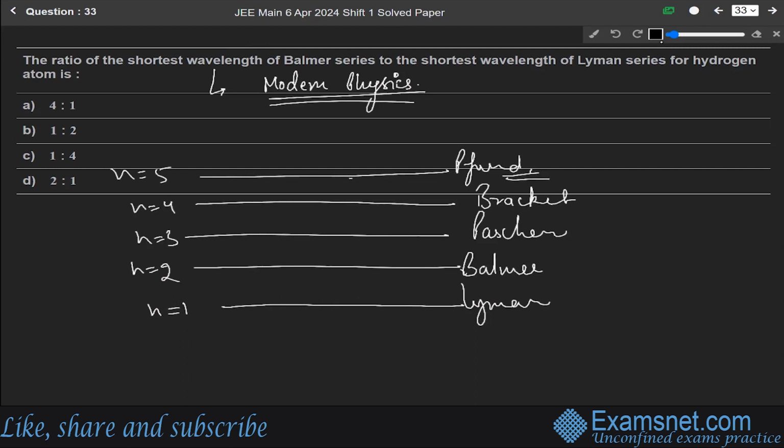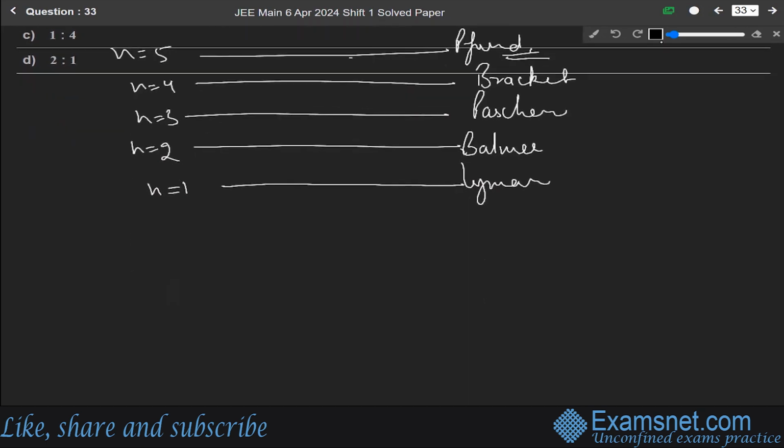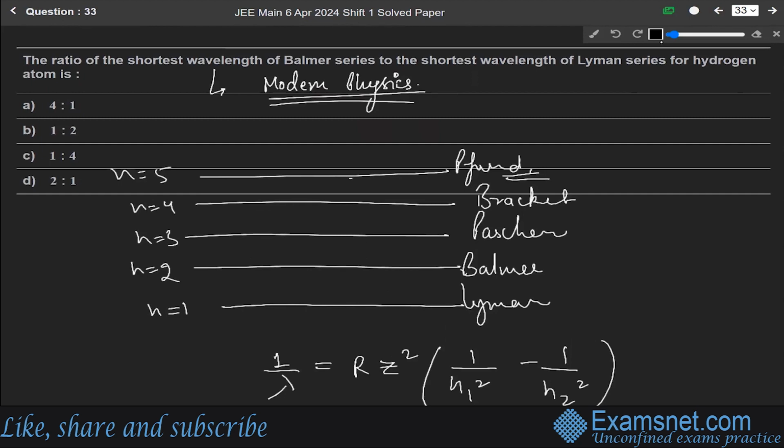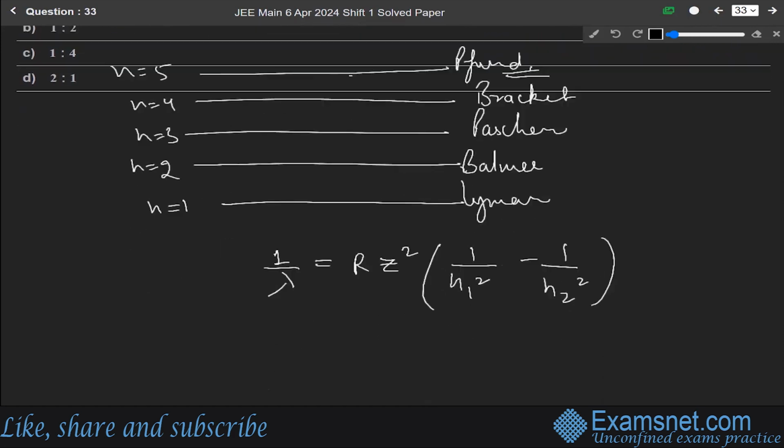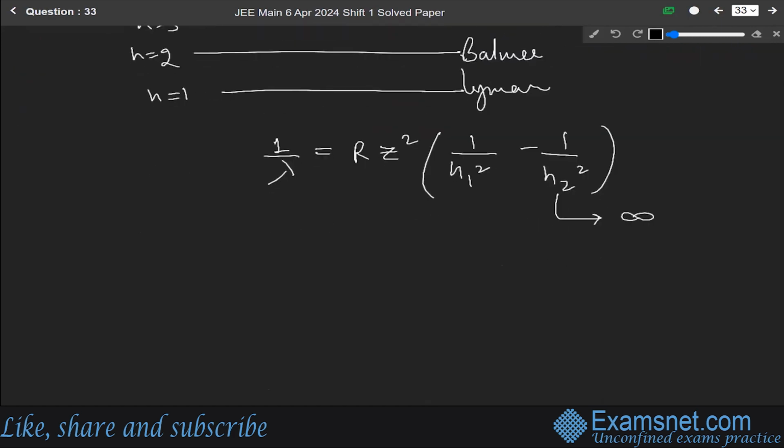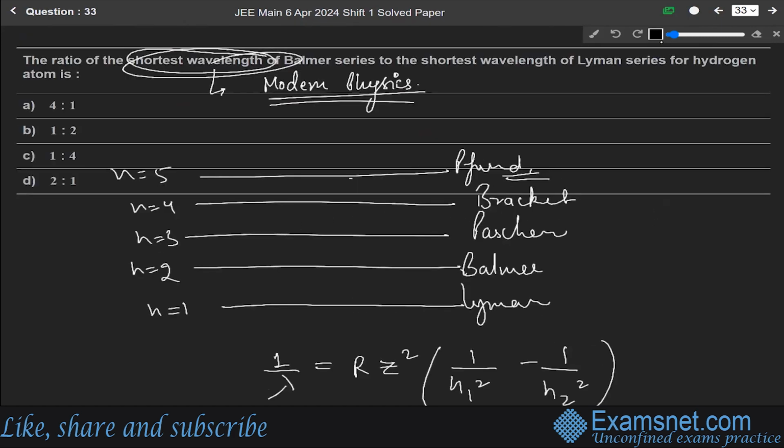So students, always remember the formula for calculating the wavelength: 1 over lambda is equal to R, the Rydberg constant, into Z square, and obviously for hydrogen atoms Z is equal to 1, into 1 over n1 square minus 1 over n2 square. And always remember, whenever the question is asking about the shortest wavelength, at that time this n2 value always becomes infinity. Okay, so we have to find the ratio of the Balmer series to the Lyman series